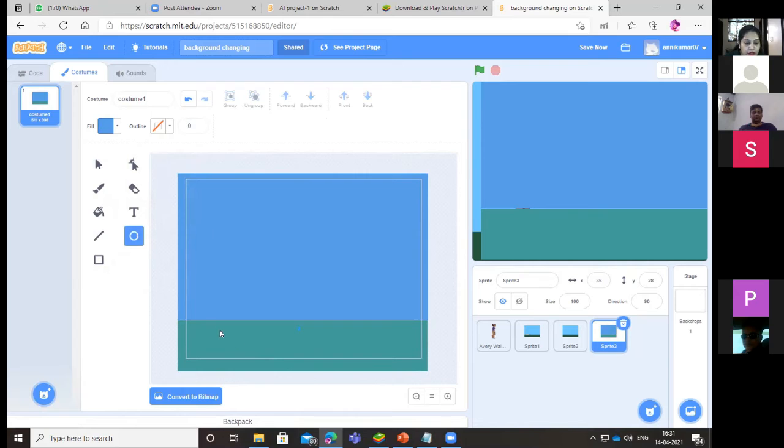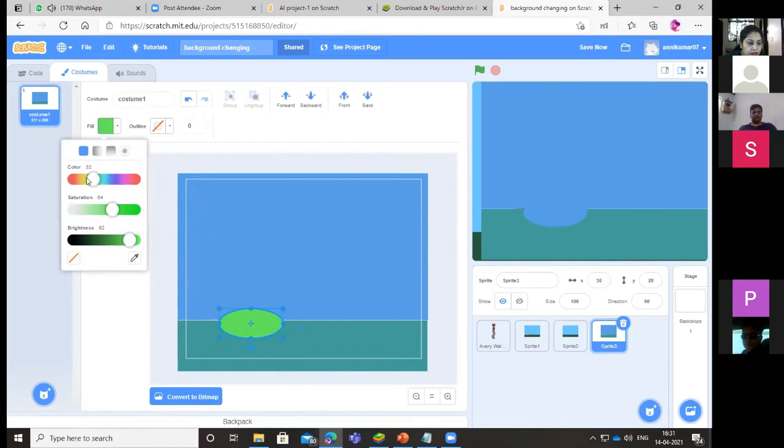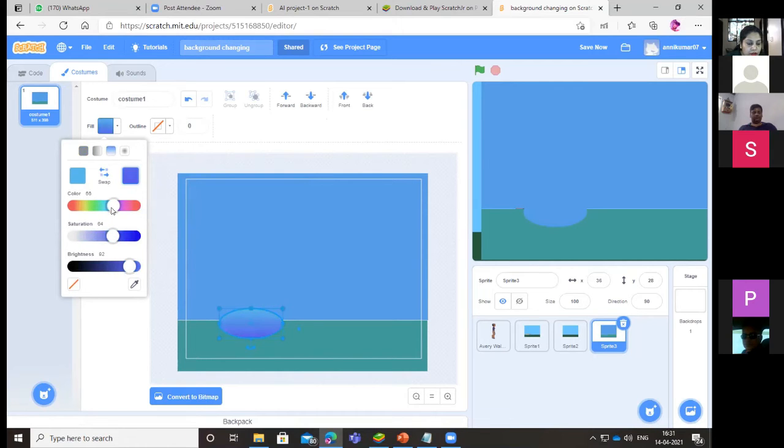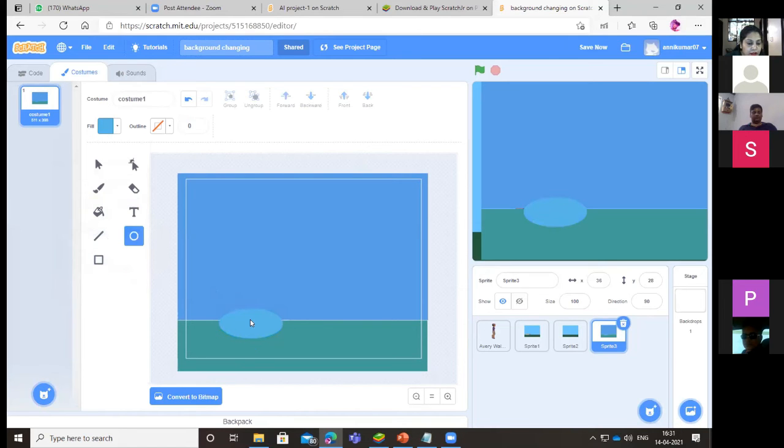And now you take a circle, create a pebble. Now the color of the pebble should be gray. This has become something blue.